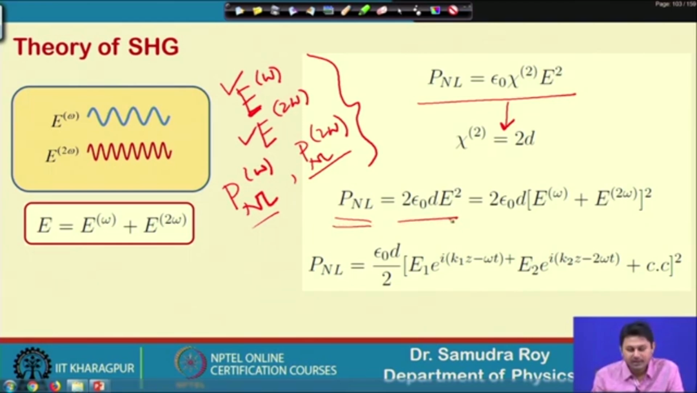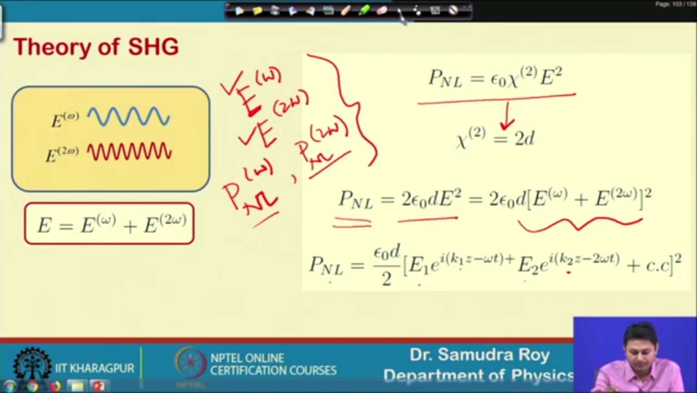Now, this E square term contains 2 frequency components, omega and 2 omega. So, omega 1 plus omega 2 and the square of that. P nonlinear now has E1 e to the power of i(kz minus omega t), E2 e to the power of i(kz minus omega t), plus the complex conjugate of that, and the square of that, and half of that, because if I go back to our previous slide,